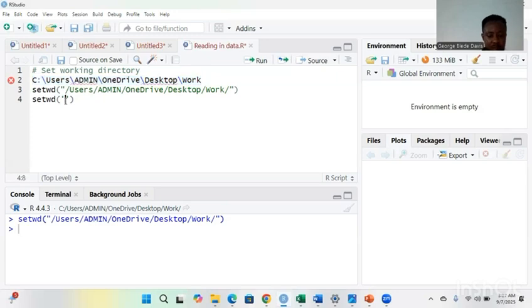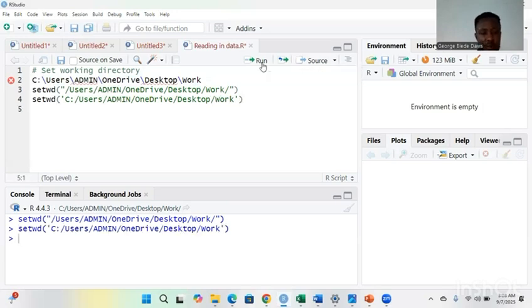If you're using Mac, there is no need to change the slashes. If you're using Windows, you have to change the backslash to a forward slash. Then paste it here as your working directory. It's the easier way. You just copy it directly, put your code and paste the working directory there. That is another way.